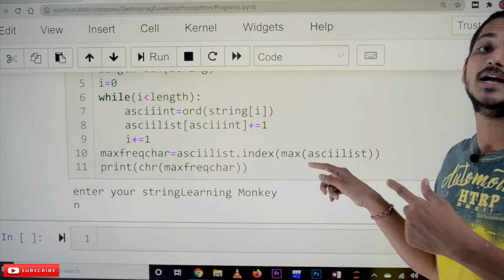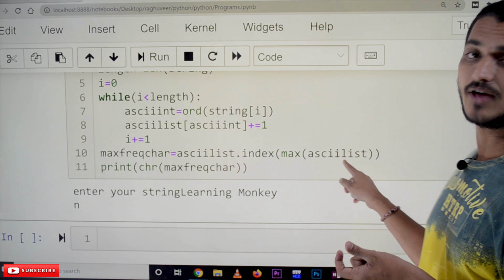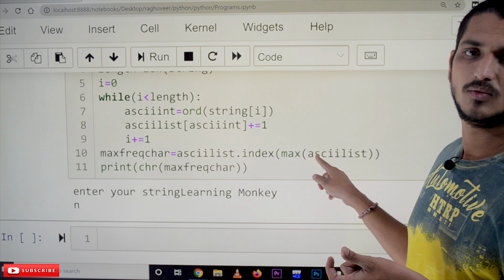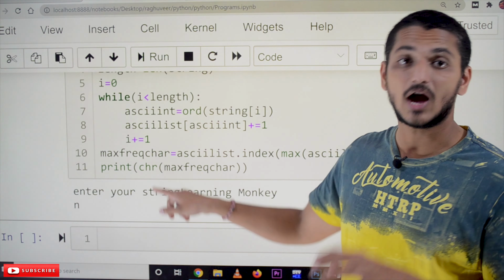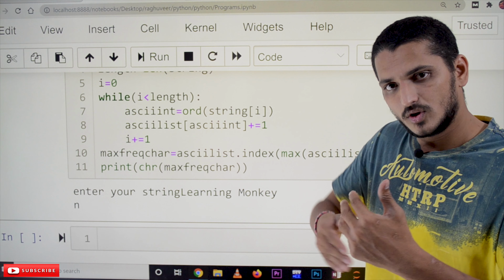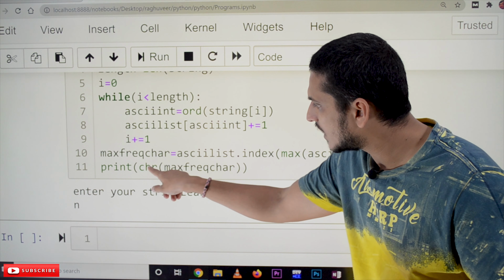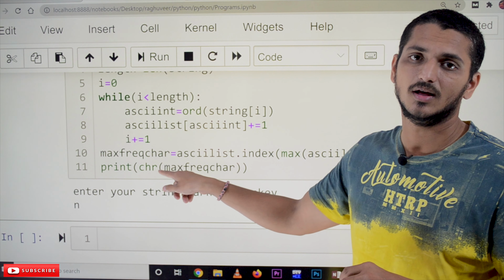So that's why we are writing ASCII list dot index of maximum of ASCII list. We will get the index value. That index value we have to convert into a character. So the ASCII value is given, and now we have to display the character. In order to convert that, chr is used.